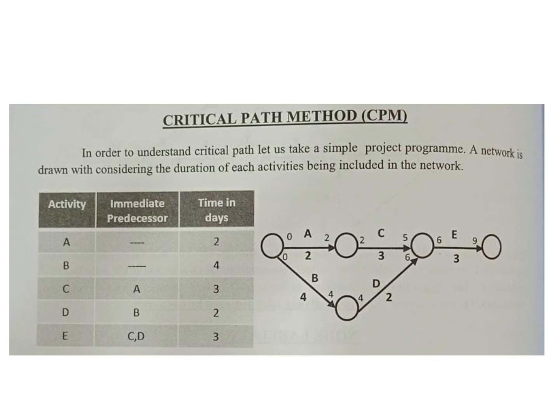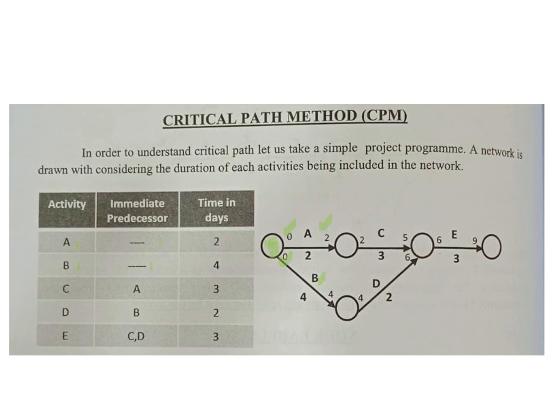Over here we have tabulated the activities that are required. A, B, C, D, and E are required, and then the immediate predecessor. There are no immediate predecessors to A and B. It means A and B are the starting activities, right? Over here you see the beginning of the arrow. You have the start time, so it is 0 because there is no activity preceding it. The start time is 0. It's the beginning. This node is the start node.